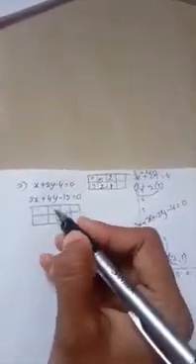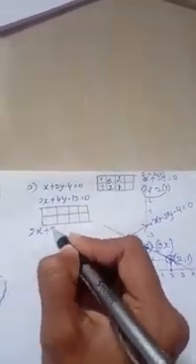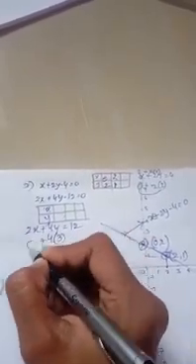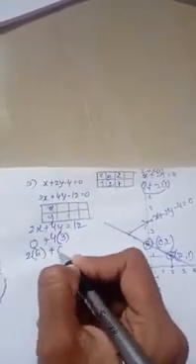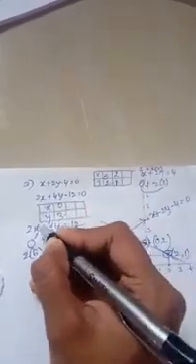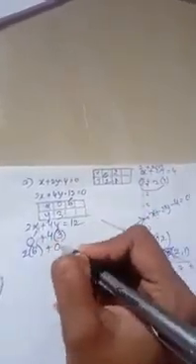We draw the graph for another equation. 2x plus 4y is equal to 12. X and y values. 12 is a multiple of 4. 4 3s are 12 plus 0. 2 6s are 12 plus 0. Therefore the value of x is 0, the value of y is 3. The value of x is 6, the value of y is 0. These are the 2 points. 0 comma 3 and 6 comma 0.